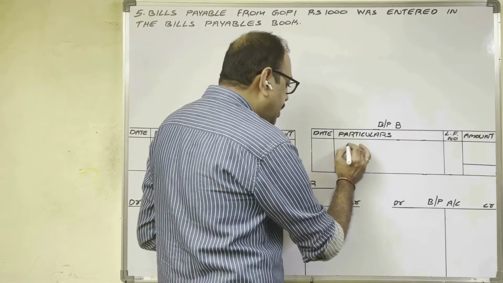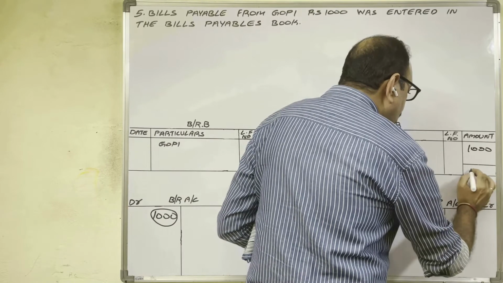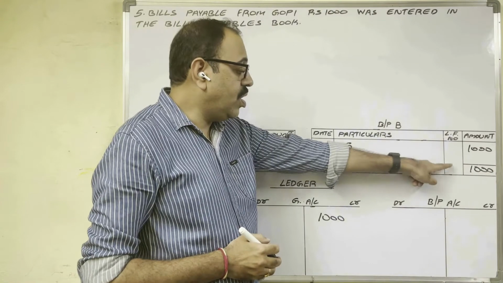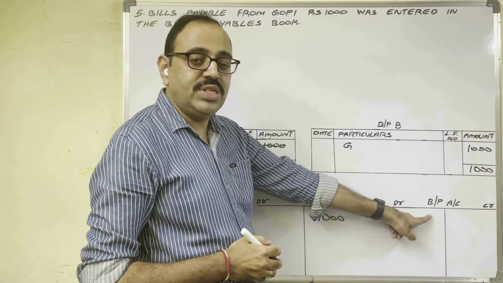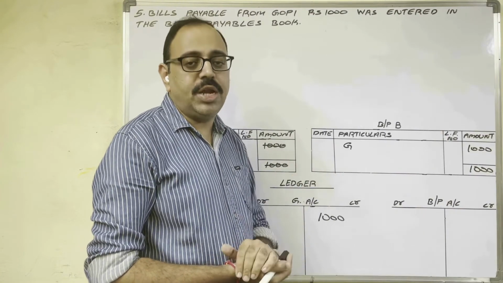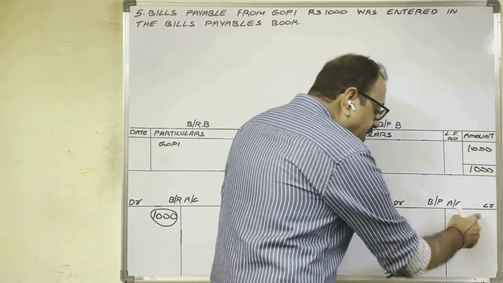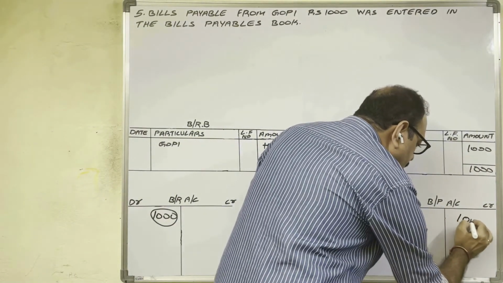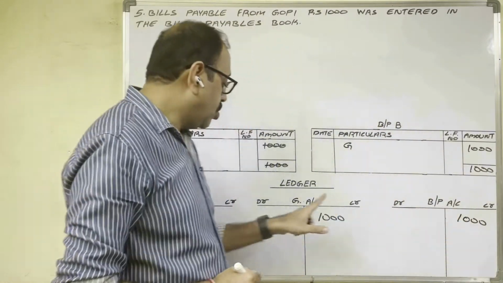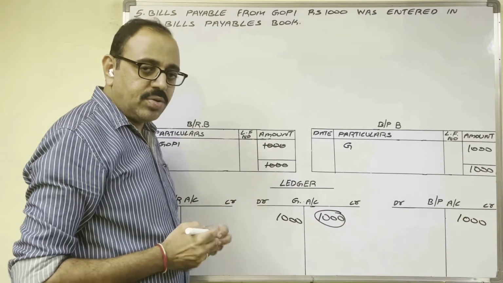Wrongly, they recorded in bills payables book. Gopi 1,000. Total 1,000. So, from here, they record that in bills payable account. Which side? Bills payable is a liability. Liability shows a credit balance. Therefore, this total on credit side they posted. By sundries as per bills payables book 1,000 rupees. As bills payable account is credited, Gopi account will be debited. Mistakes are in 3 accounts.